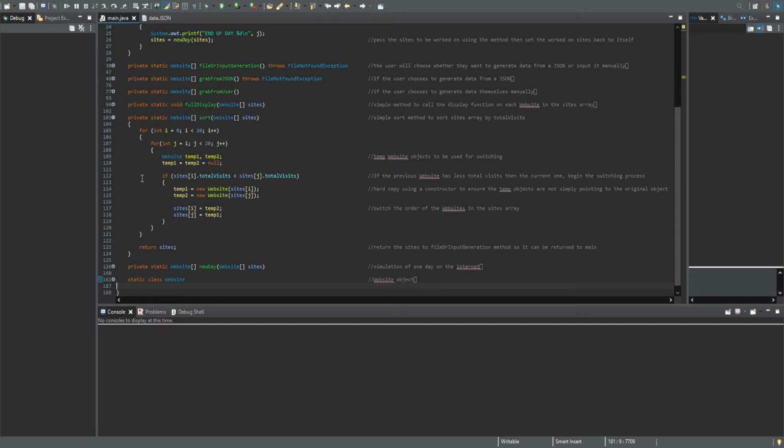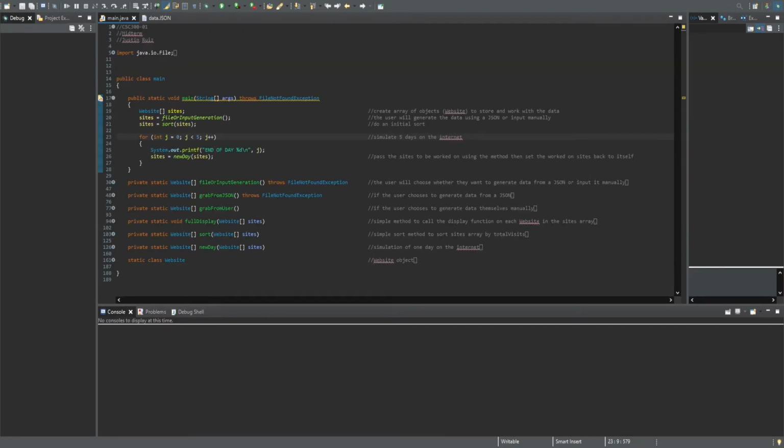And if the pointer finds a website where the total visits is more than the first pointer, then it will place those two websites into a temporary website object variable and then switch those two objects in the array itself, sorting it by total visit. So for the last portion of the project, the program will now simulate 5 days on the internet